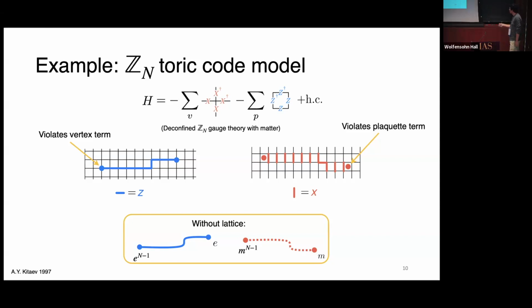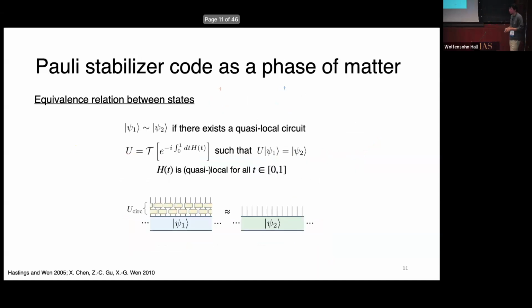Okay. And we can have this picture without lattice, where you just have a string that connects two excitations, and I'll refer to the blue one as E and the other one as M. It's a fairly standard notation. All right, so I've just defined a particular Hamiltonian with nice properties, but now I want to claim that this